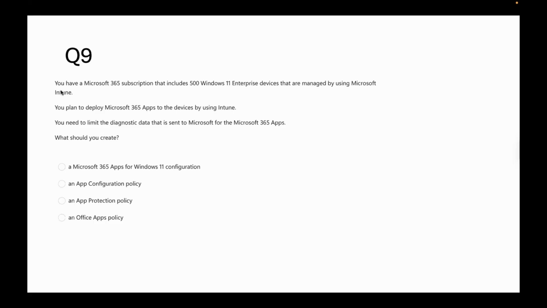Now, the next question talks like you have a Microsoft 365 subscription that includes 500 Windows 11 Enterprise devices, again, that are managed by Microsoft Intune. You plan to deploy a Microsoft 365 app to the devices by using Intune. Fine. You need to limit the diagnostic data that is sent to Microsoft for the Microsoft 365 apps. What should you create? Microsoft 365 app for Windows 11 configuration, or an app configuration policy, or app protection policy,